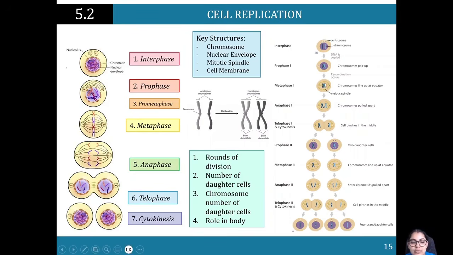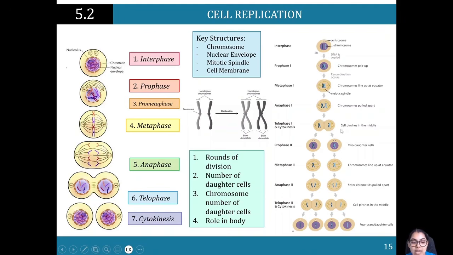This is where the chromosomes all line up. Again, we've got a mitotic spindle which has these spider-like projections that are going to hold on to either side of the chromosomes. In anaphase, now look here, as you can see, the color here has switched, and this is just to show you visually that they have exchanged information. That's all that is. But anyways, anaphase, the chromosomes are pulled apart, and then we see